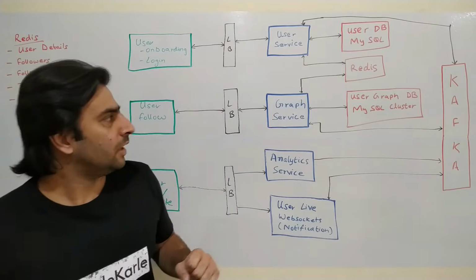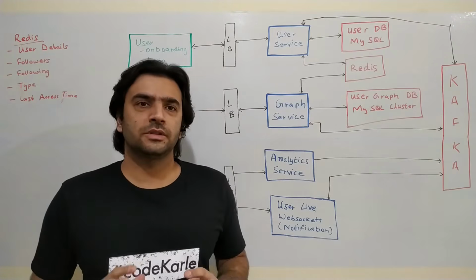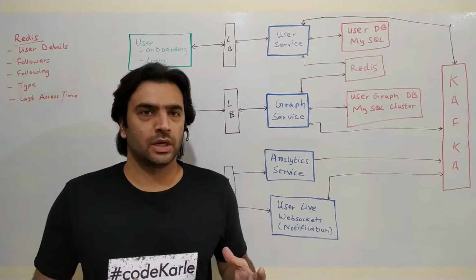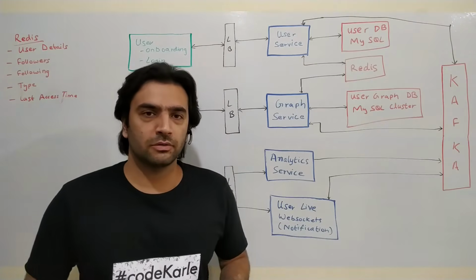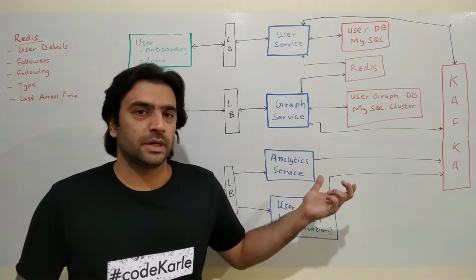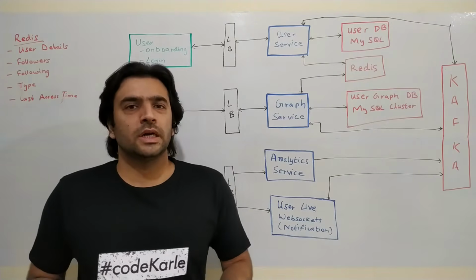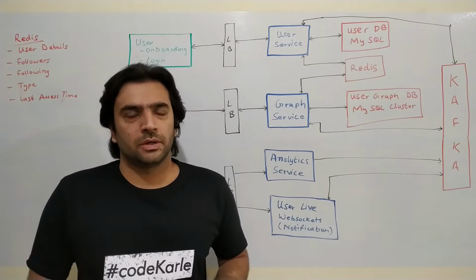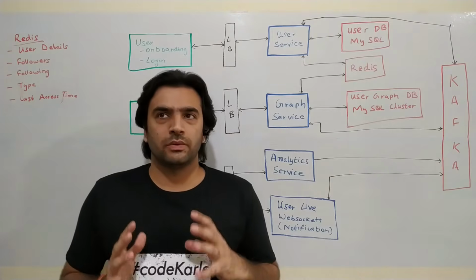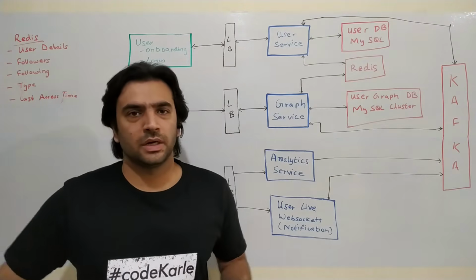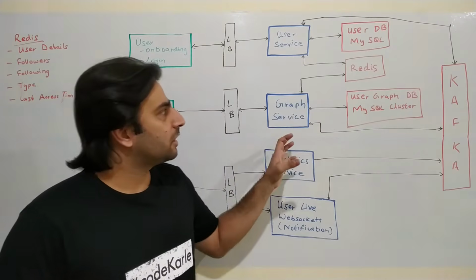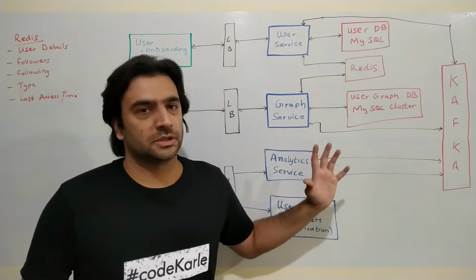Now again, this is data which does not get updated very frequently. Overall, across all the 150 million active users per day, this would be updated, but for one user, it wouldn't get updated too frequently, because if you look at yourself, how frequently do you go and follow somebody? It doesn't happen every minute or every hour, right? So that is the reason it makes sense to cache this information as well.